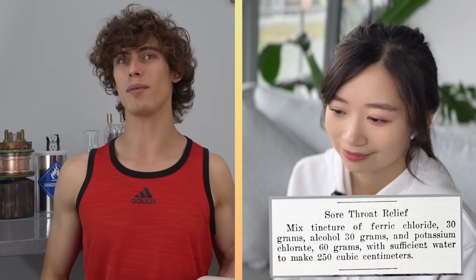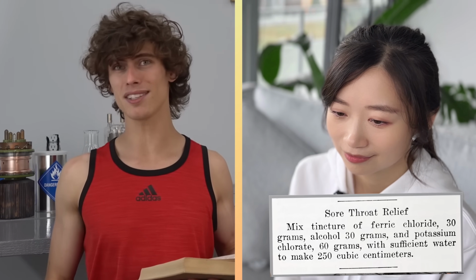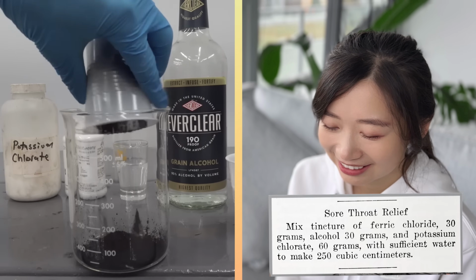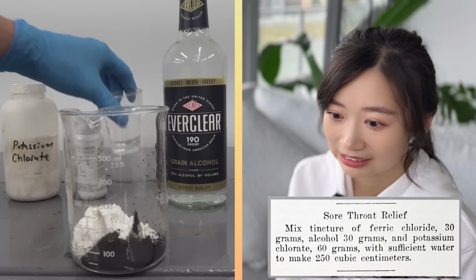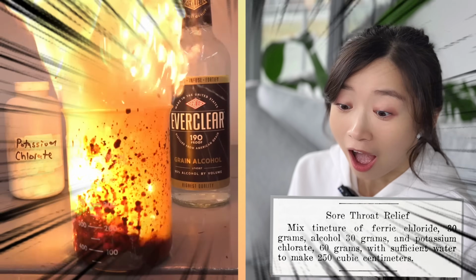It's a sore throat remedy. Now, the ingredients in here look pretty sketchy, so I guess I'm just gonna have to make some and see what it does. I'm not sure what the function of any of these ingredients is, honestly. And in fact, the recipe is quite toxic. Now, you'd think that mixing a strong Lewis acid with a potent oxidizer and an organic salt...